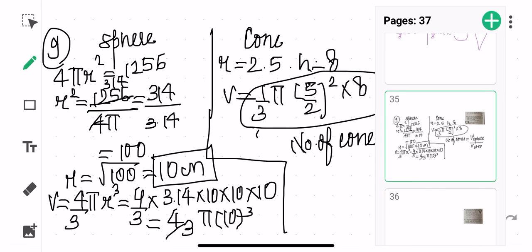We'll now move to question number 10. So question number 10 says what, children? A solid metallic cone with radius 6 centimeter and height 10 centimeter is made of some heavy metal. Okay, so in order to reduce its weight, a conical hole is made in the cone as shown, and it is completely filled with lighter metal B. Okay, the conical hole has a diameter of 6 centimeter and depth of 4 centimeter. Calculate the ratio of volume of metal A to the volume of metal B.